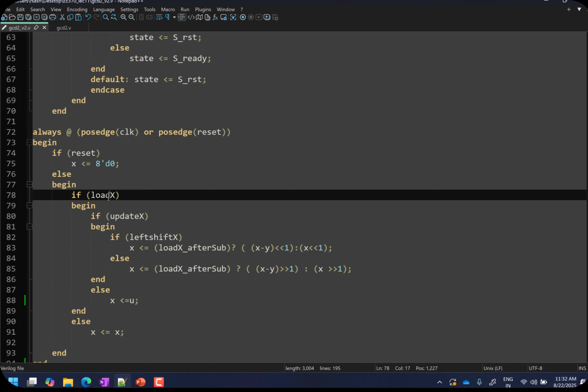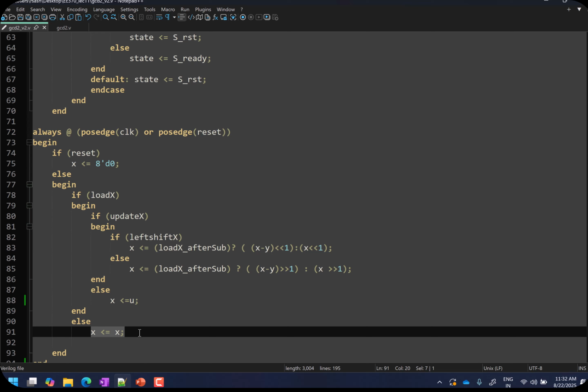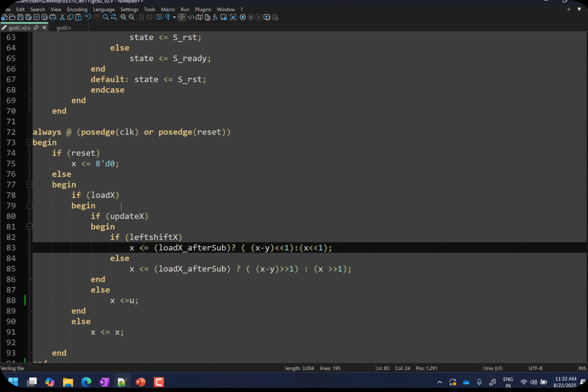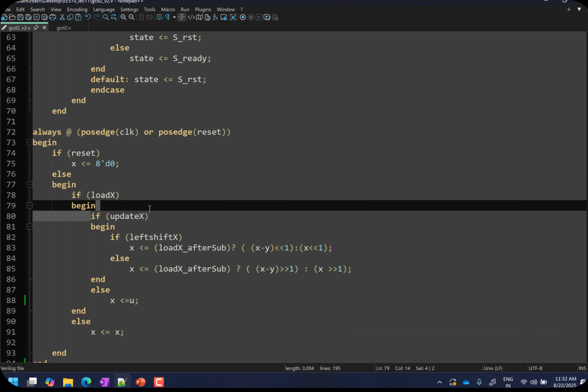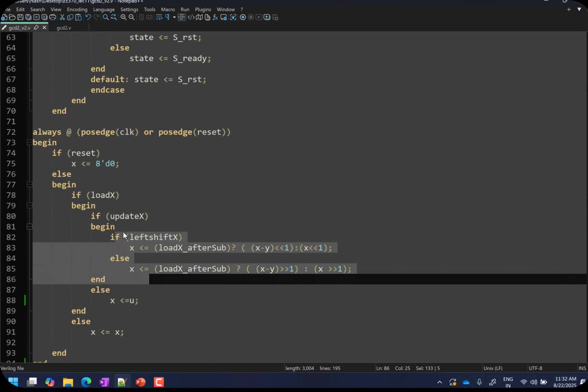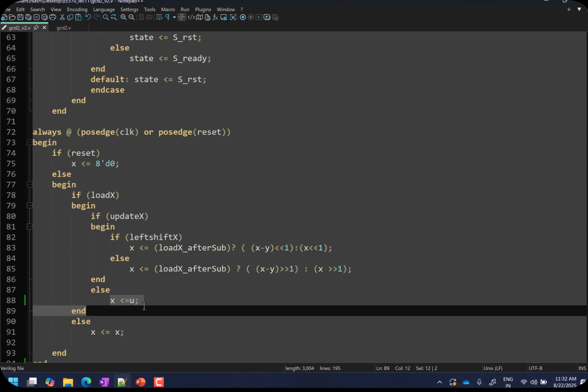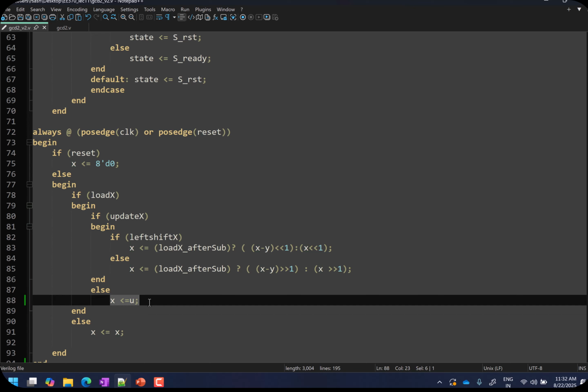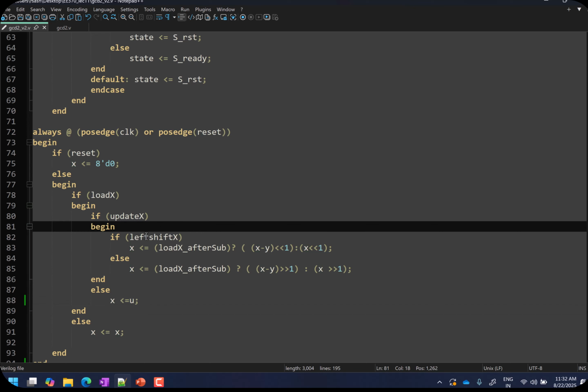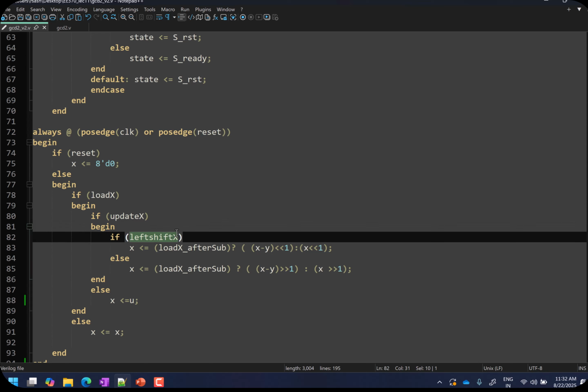So if load x is 1, then you do certain things. If load x is 0, then you retain the previous value. If update x is 1, then you do certain things. If update x is 0, then what happens to x? Yeah, so u is assigned to x. Now, similarly, I have included the condition for left shift x.